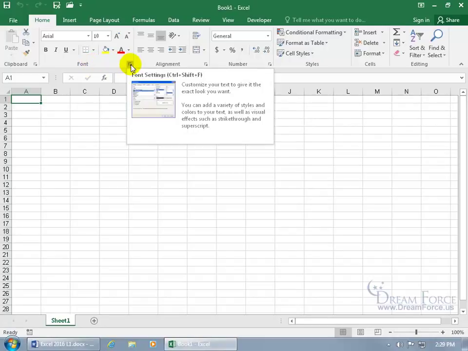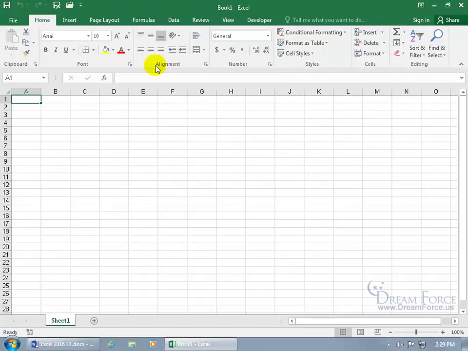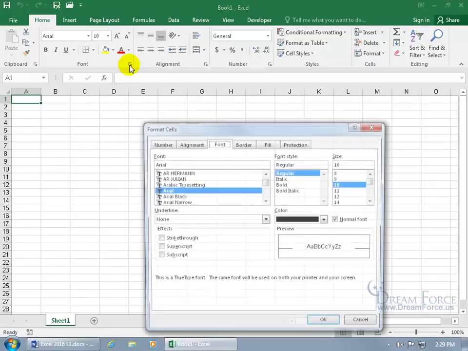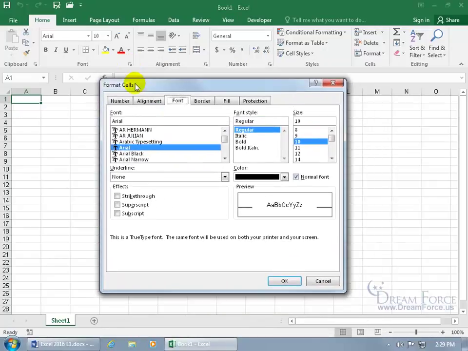Then in the lower right-hand corner of some of these groups, you have a little arrow that points out, not styles, but like the font here. It's called the Expandable Dialog Box button because when you click on it, it expands open into a new window here, and there's the Font tab for the font group, and it has basically everything that you see here, plus